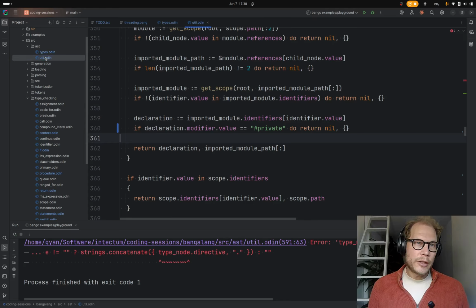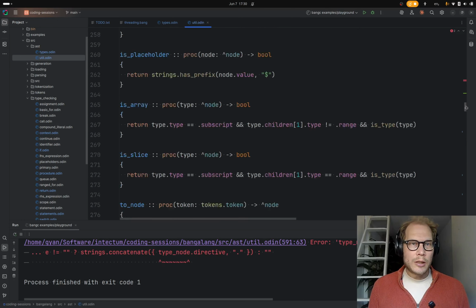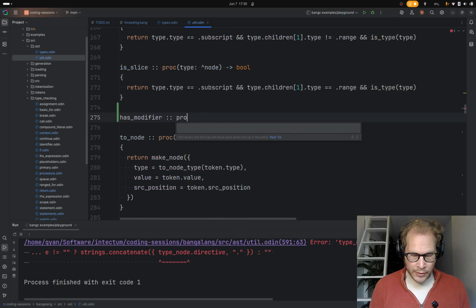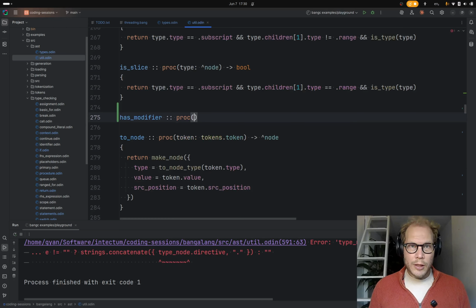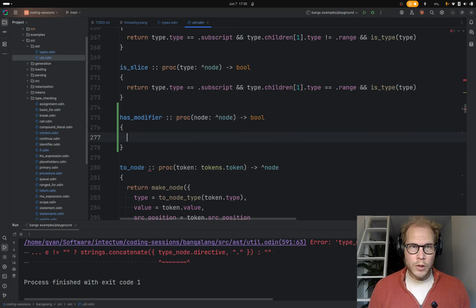I think we'll make a utility. Oh, it's the same file. You have all these is, so maybe we'll say like has modifier. And that should return a bool.